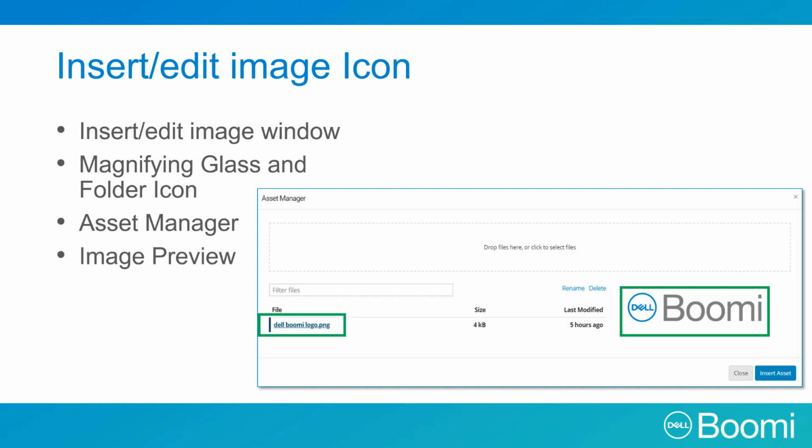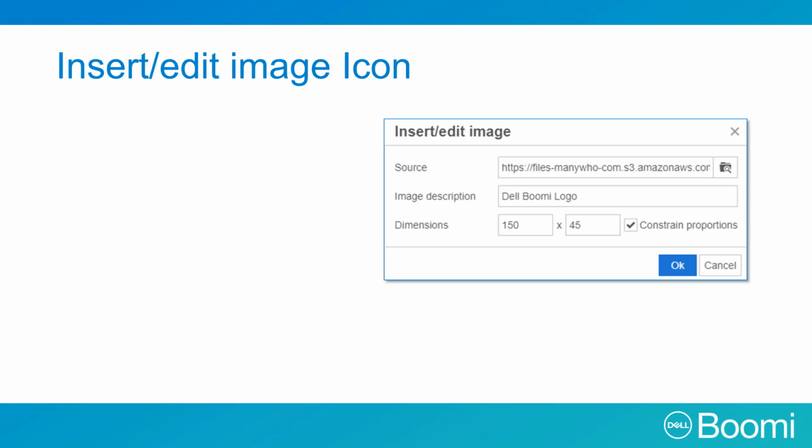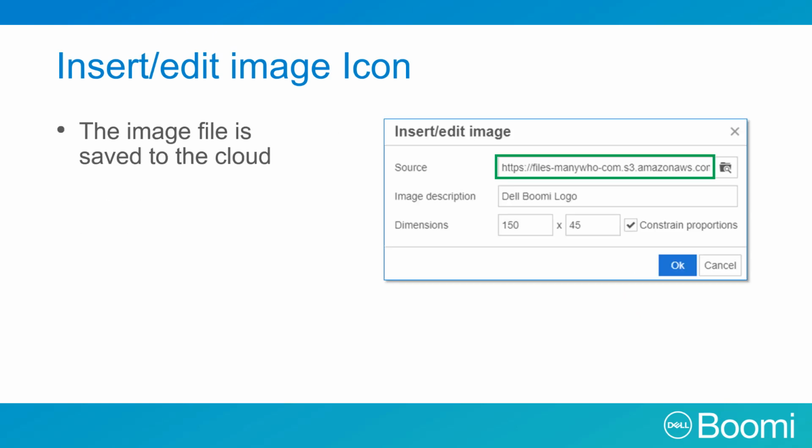Clicking on the file that is uploaded will show you a preview of the image. Then click on the blue Insert Asset button when the image file is selected. The image file is saved to the cloud where the Boomi Flow platform can access it for repeat use within